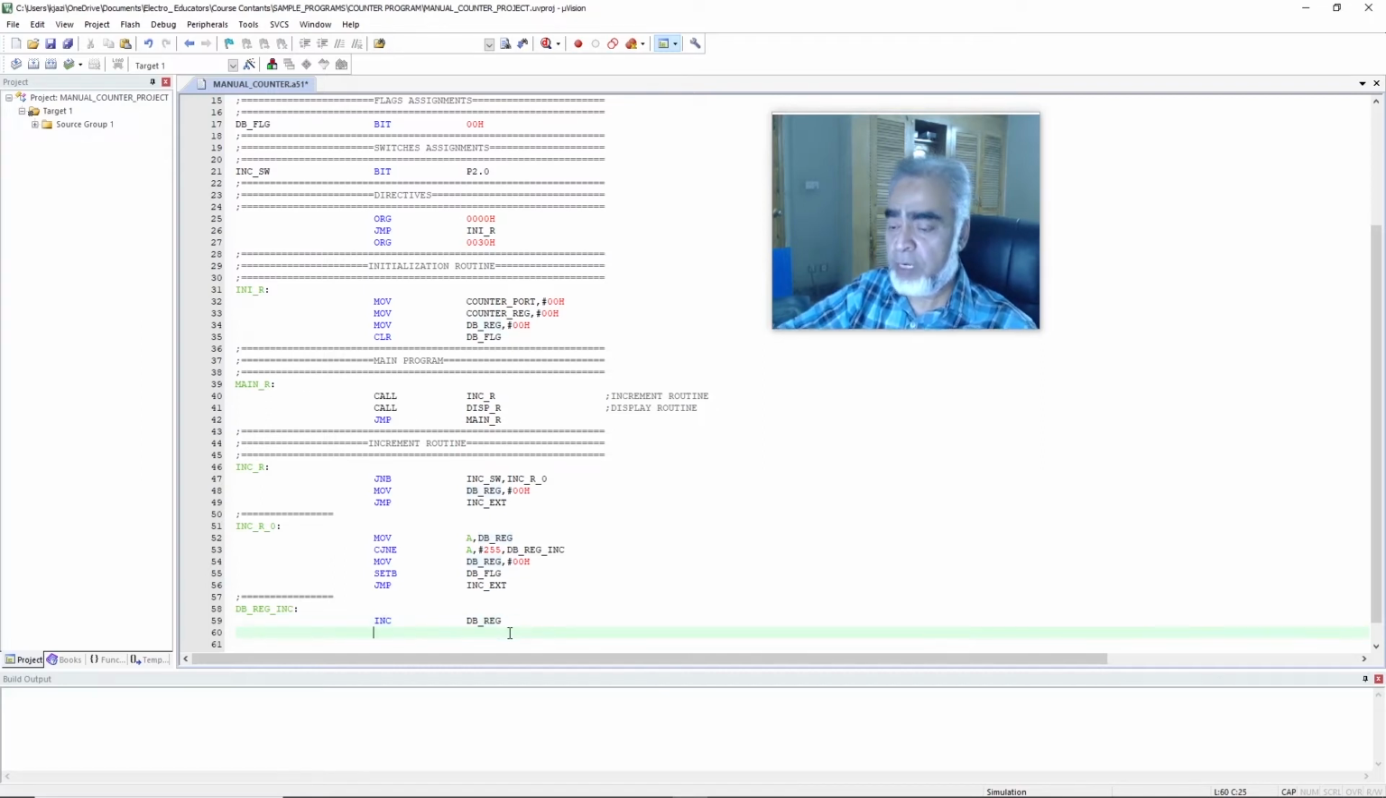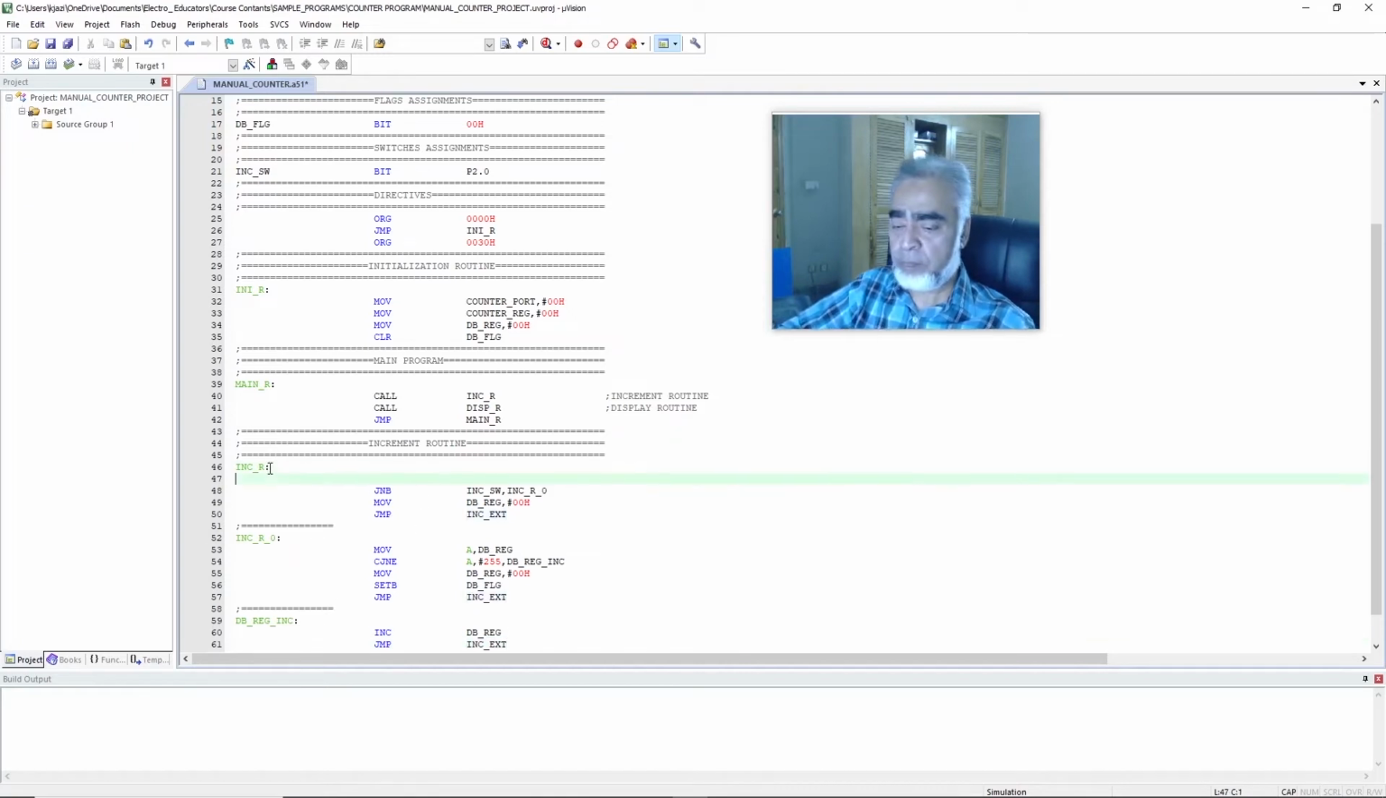So here we will write jump increment exit. And if we press the switch, that is the increment switch, for a longer duration, our program will continuously come to the increment routine. So here we will use an interlock, that is if the dB flag is set, then our program will no more check the increment switch. So here we will write jump not bit dB flag,